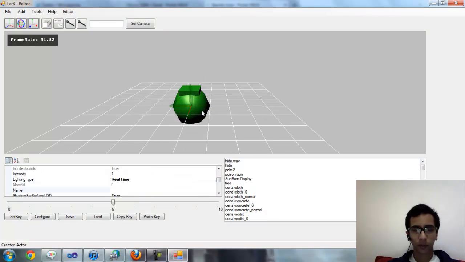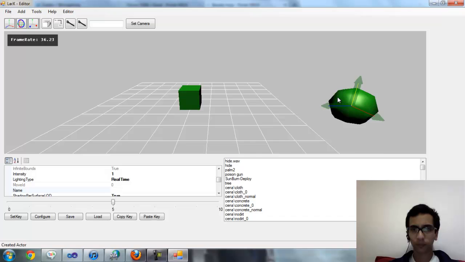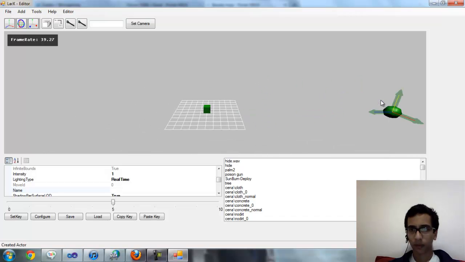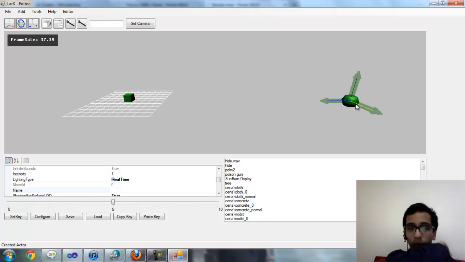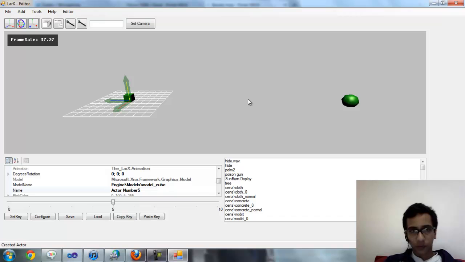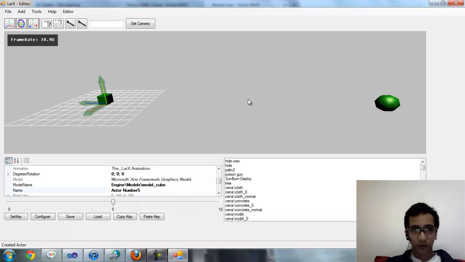In my editor, the light is represented by a sphere. This sphere here. And just explain before I see this error that might occur. Every object, for making things faster and lighter,